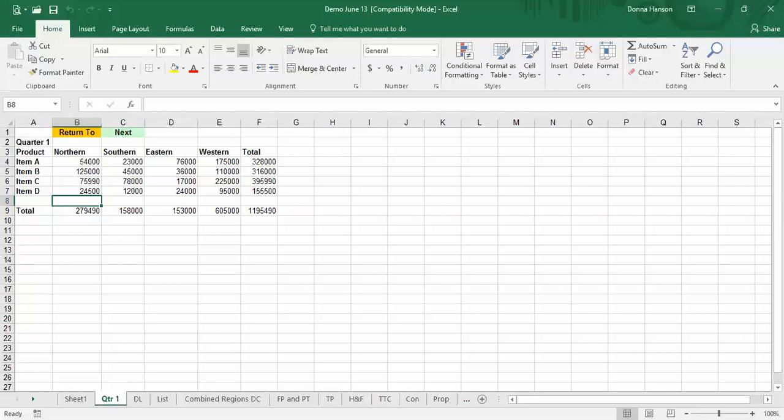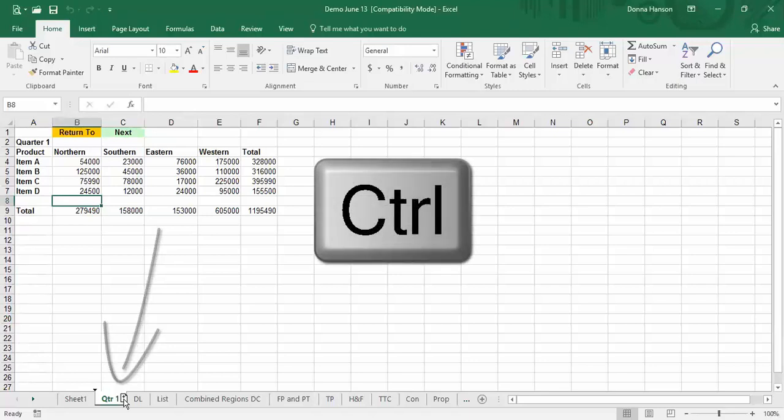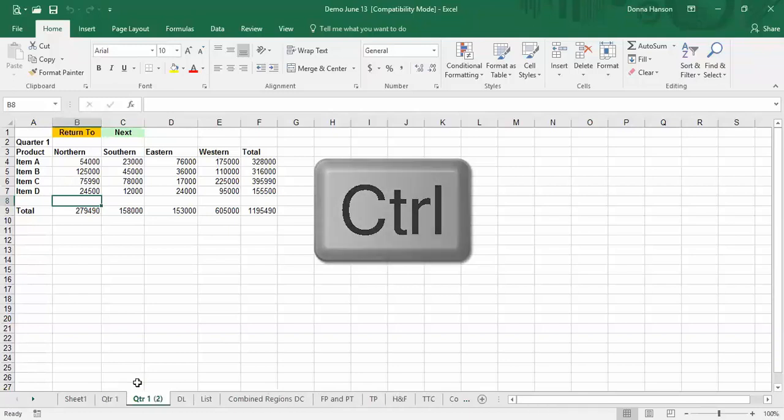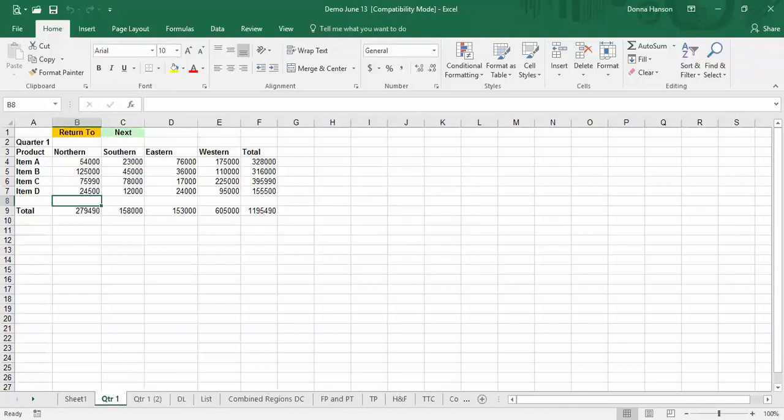If you take your mouse pointer down to the tab at the bottom that represents the worksheet you want to duplicate, hold down the Control key and hold the left mouse key down on your mouse. When you let go of your mouse and then let go of Control, it creates an exact duplicate of that